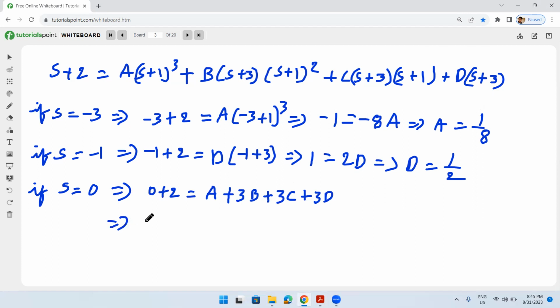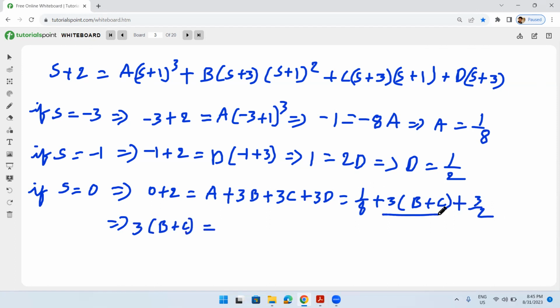So here first I'll substitute the value of a. What is the value of a? A we have got it as 1 by 8, isn't it? Plus I'll take 3 as common, b plus c, because b and c values we need to find. D value we know, what is D value? 1 by 2. So 3d is nothing but 3 by 2. So 3 into b plus c is equal to 0 plus 2